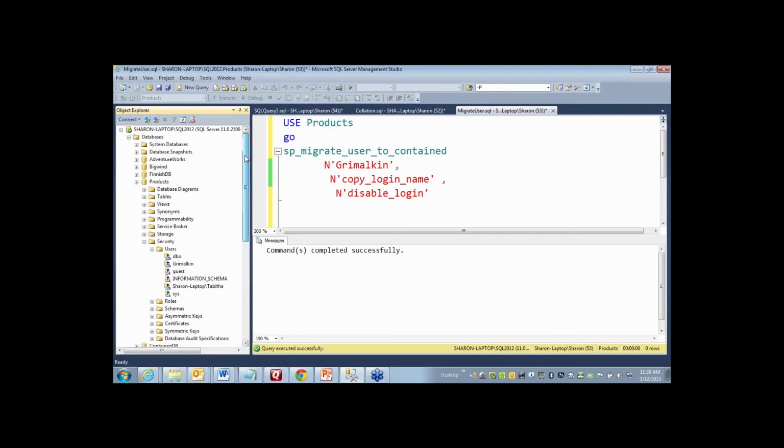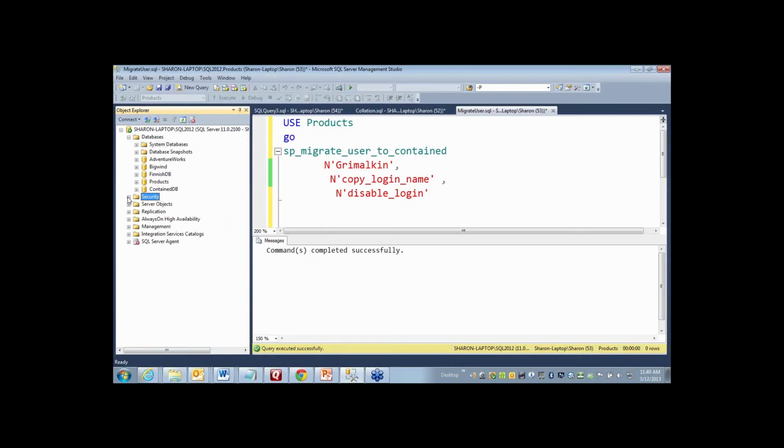If I connect as Grimalkin, I'm only going to see the products database. But because Tabitha still has this login, if I connect as Tabitha, I'm going to see all the databases. It's not going to be tight like it was when I connected as Patchwork and only saw Patchwork's